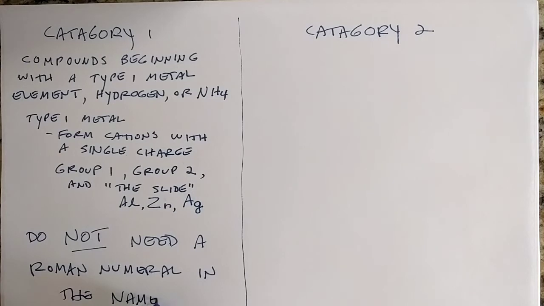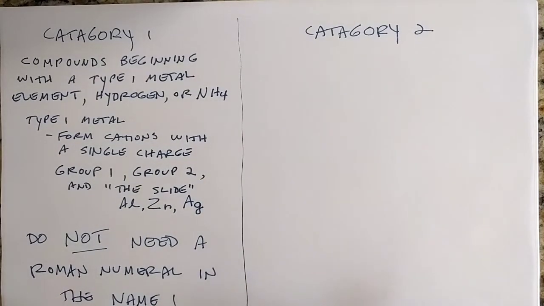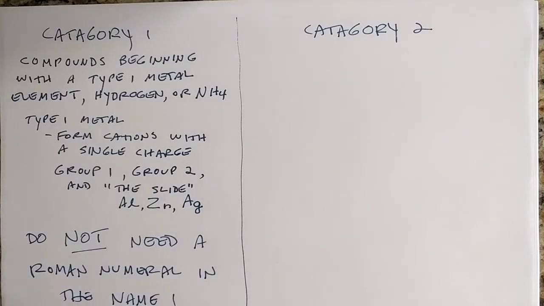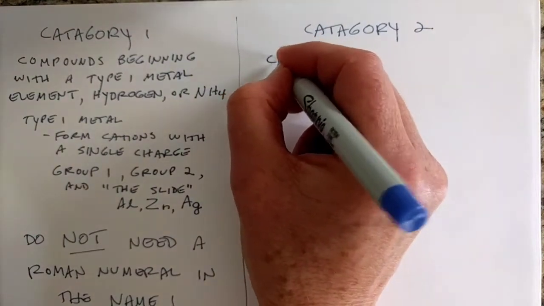And we're going to see that it's going to be really easy to write names for our category 1 compounds. Category 2, it's going to take a little more work, but that's okay. We're chemistry honors students, we can do it. All right, so for our second category, these are compounds